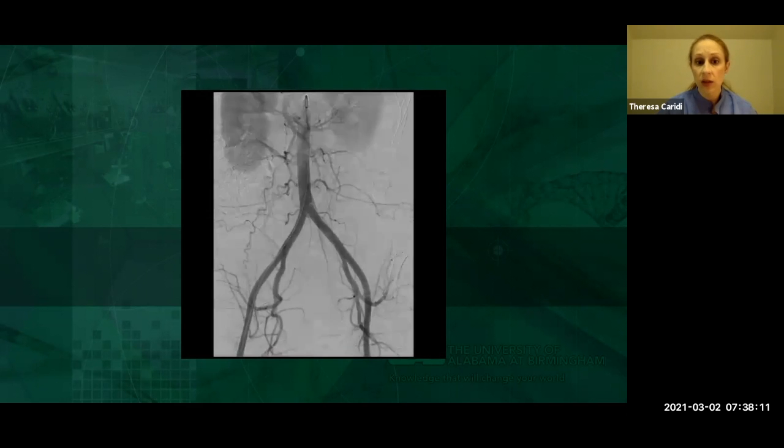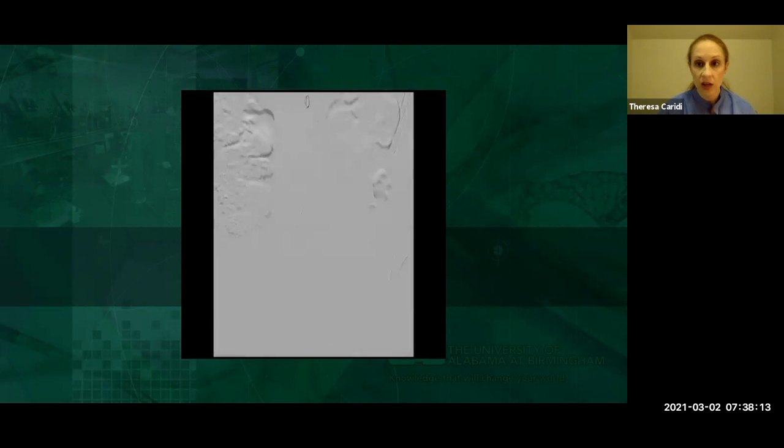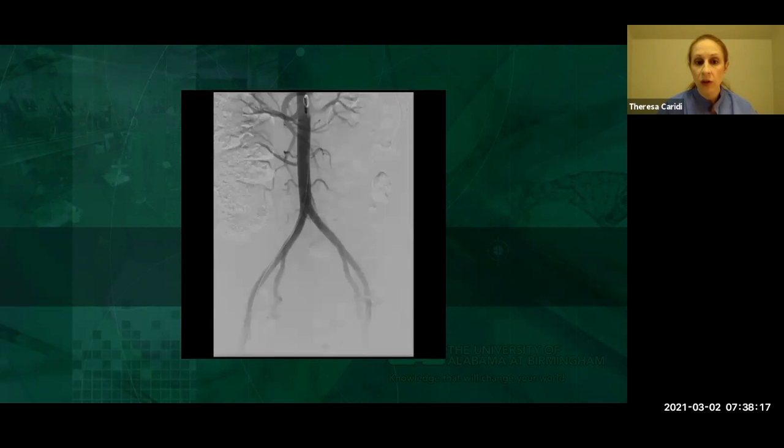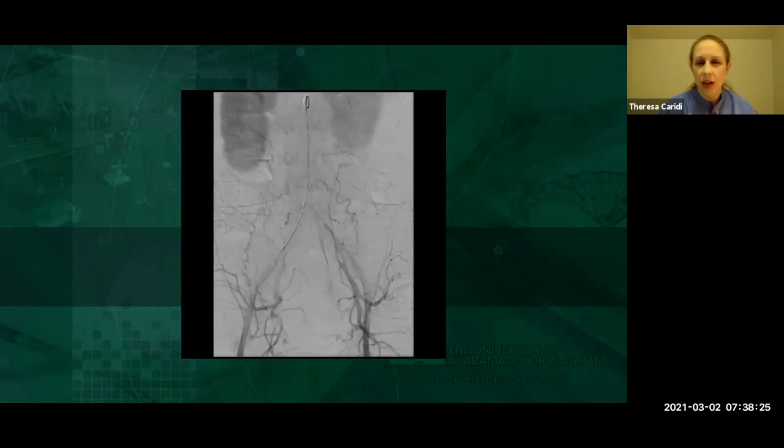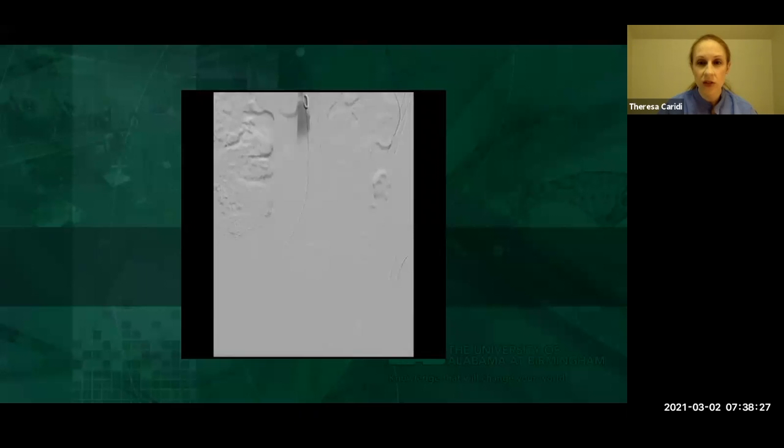Now, I'll say the right one certainly, depending on the criteria you use, and what I typically use is, does the ovarian artery fill in the pelvis at the same time the rest of the pelvic vessels are filled? And you can see on the right, it sort of does. On the left, it's a little bit more delayed, but nonetheless, both of these are pretty hypertrophied and deserve an